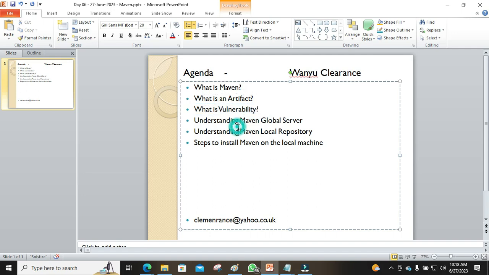Vulnerability. Now before I talk to you about vulnerability, I want to talk to you about something. What is an API? What is an API? Question in the interview that was once asked. Application programming interface. Like I was saying, a question in an interview that I was once baffled by was,